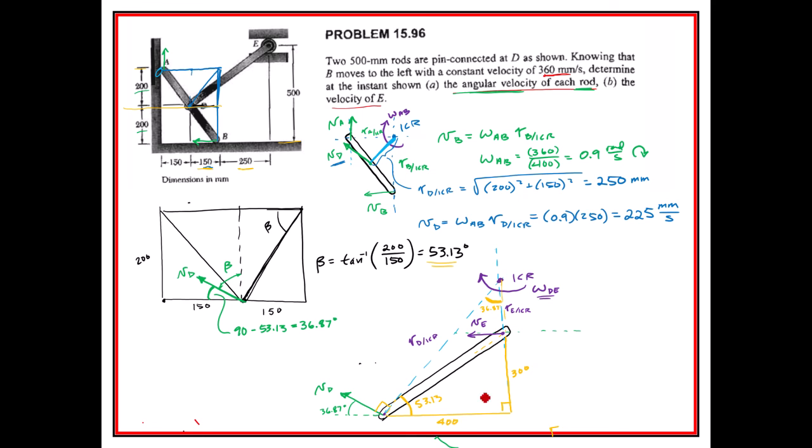I could actually do this in a number of different ways, but let me just follow the way that I did it. 400 is equal to RD with respect to ICR, that guy times the sine of 36.87, although there were a bunch of other ways I could have got that. So RD with respect to ICR, the hypotenuse of the thing, is